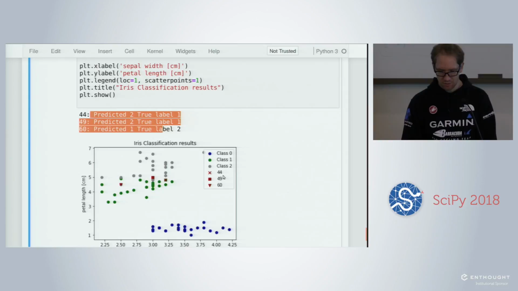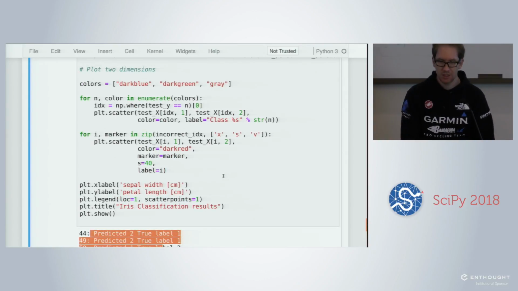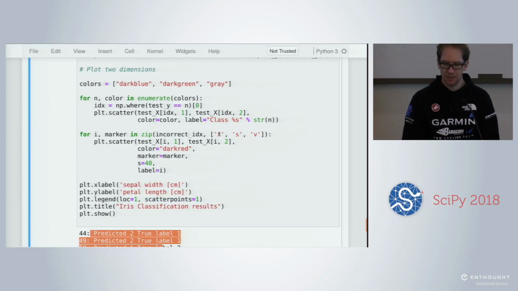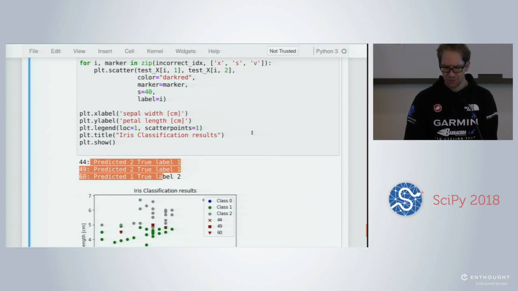So I just print those 4 indexes, and we can already check what the class was in the test y and what class we actually predicted. In that case, we predicted 2 and 2 for the first ones, and class 1 in that case, and then the one we swapped, we predicted 1 and it should be 2.